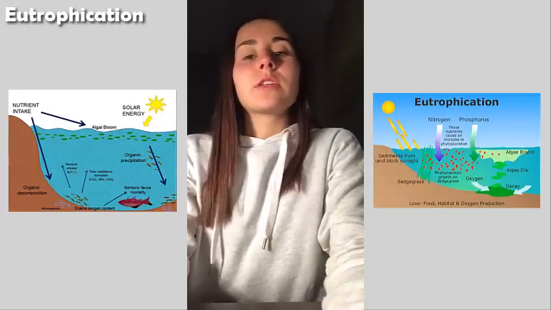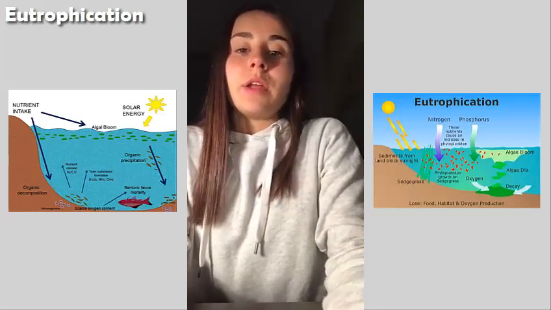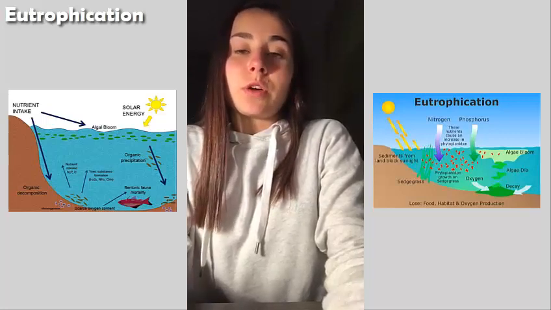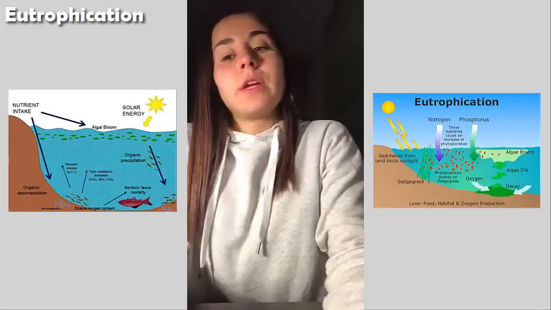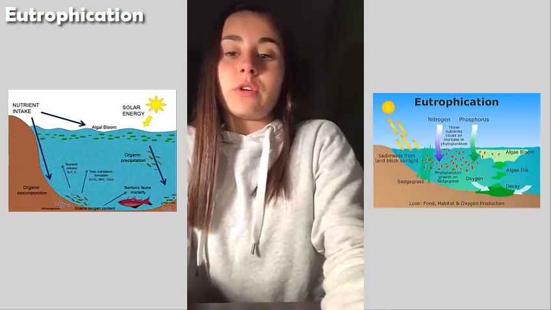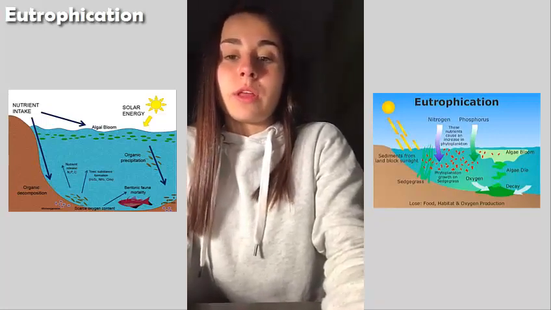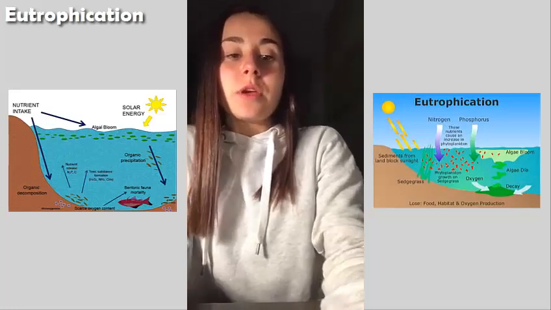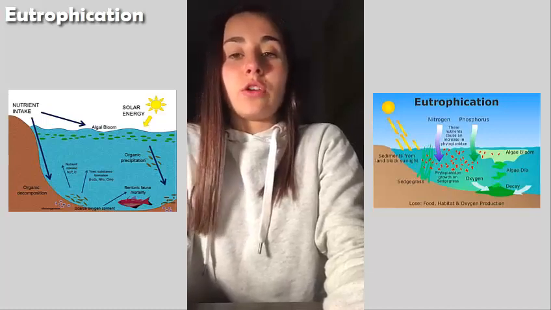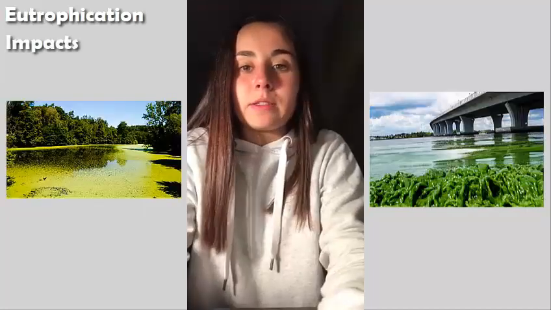Eutrophication is when excess nutrients are added to an aquatic ecosystem. It can be a natural process, but anthropogenic eutrophication is more common. When it's severe, it results in dead zones in oceans where there is not enough oxygen to support life. In less severe cases, biodegradation of organic material uses up oxygen, which can lead to anoxic conditions and then anaerobic decomposition.